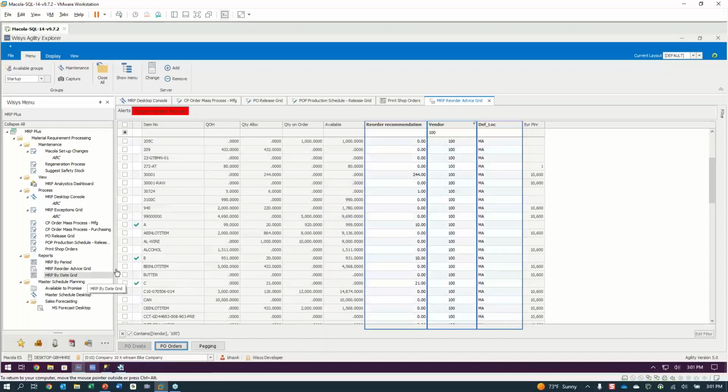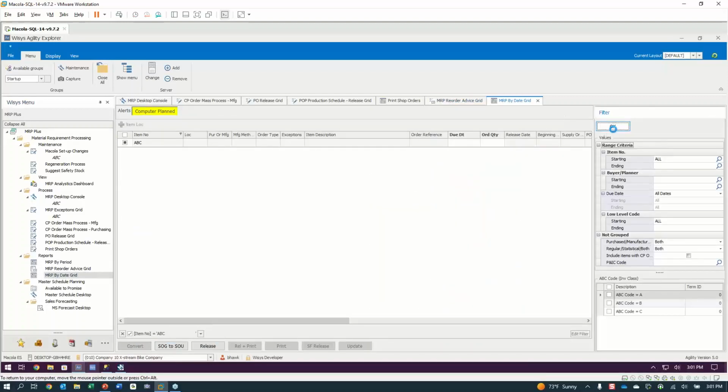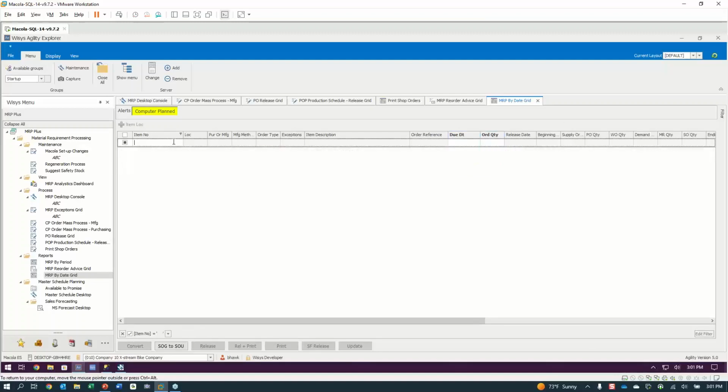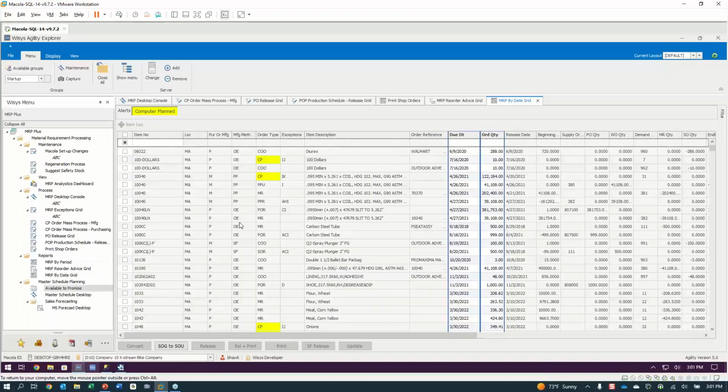Okay. Now I think the heart of the matter comes down here to the MRP by date grid. And let me just get rid of this. And now I have all my items and it's showing me, this is really the look at everything all at once. If you've done any work already, it's going to be reflected in this, especially if you've got this open, you can always hit this refresh icon up here and get your data refreshed. So in this case, if you want to convert something,